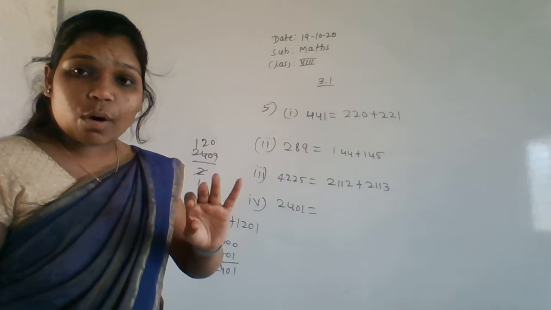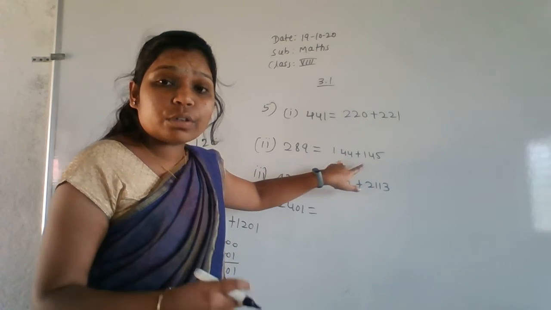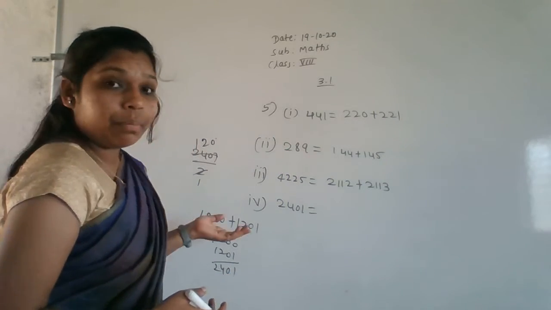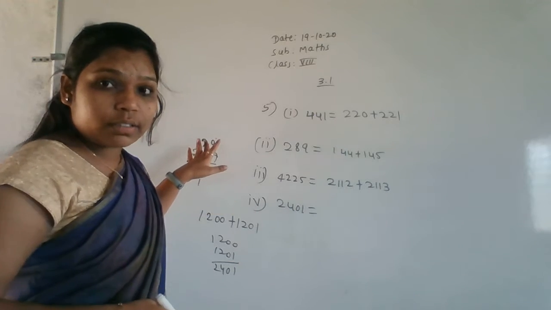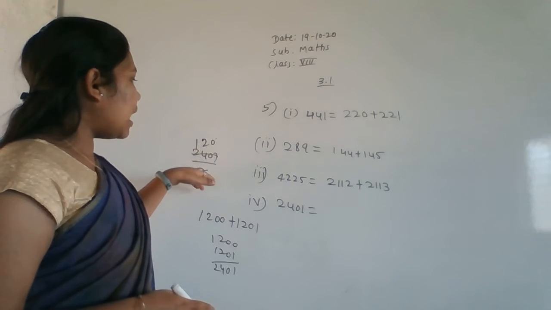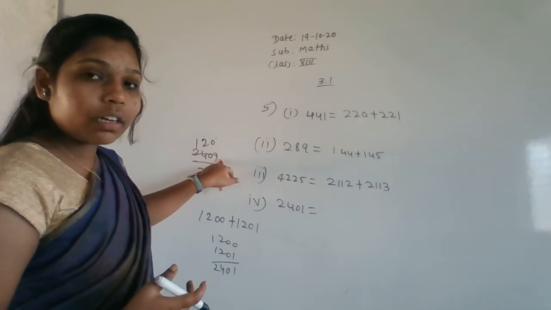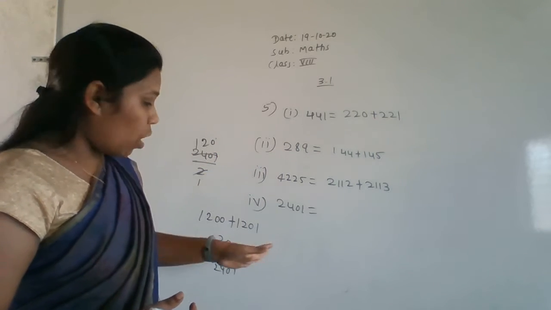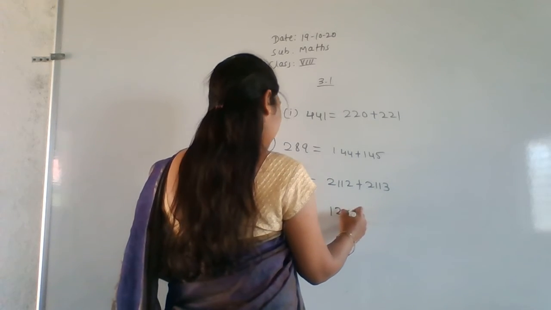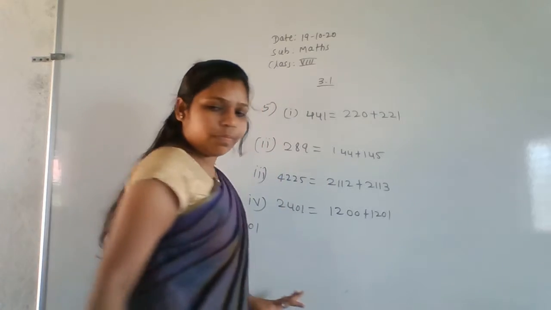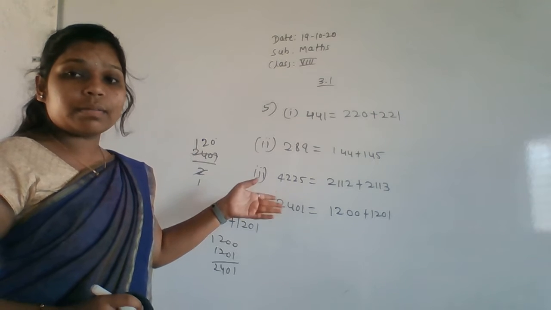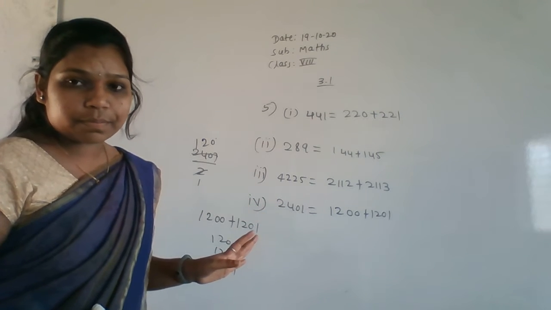So if you want to find the answer, if you want to express it as the sum of two consecutive natural numbers, just divide this number. You will get to know what the numbers may be. We can guess by seeing this quotient. It is not an exact number, but we can guess. So I am doing this division and we can guess, here 1 is left. So I thought it may be 1200 plus 1201. Like that we have to think. It is not a method, but just to make it easier, that is why I am saying that method. Okay, it is not in a textbook.